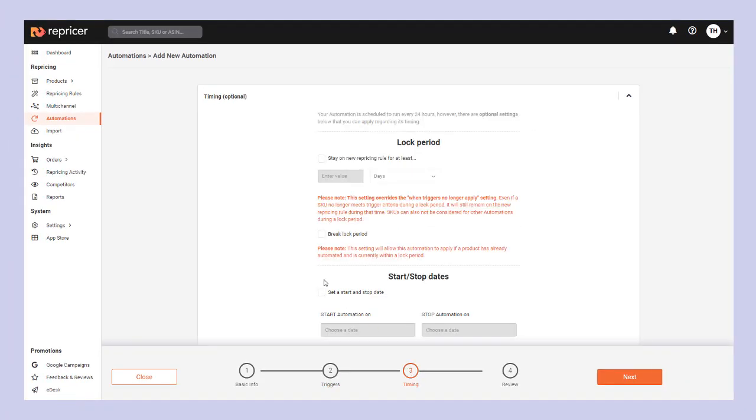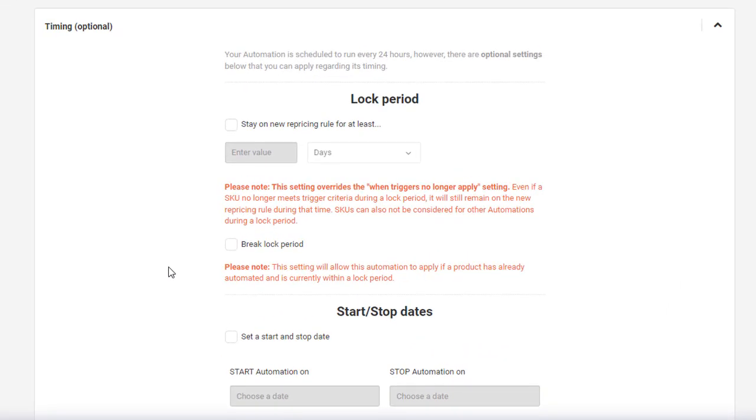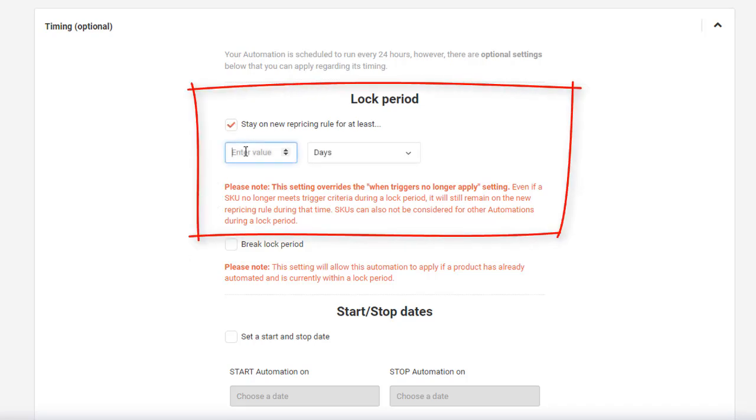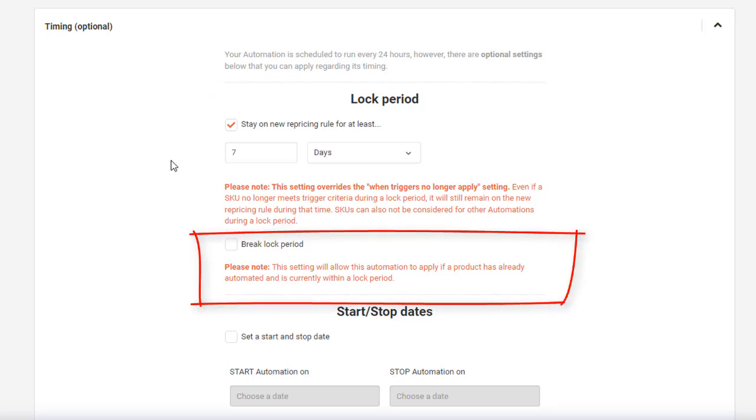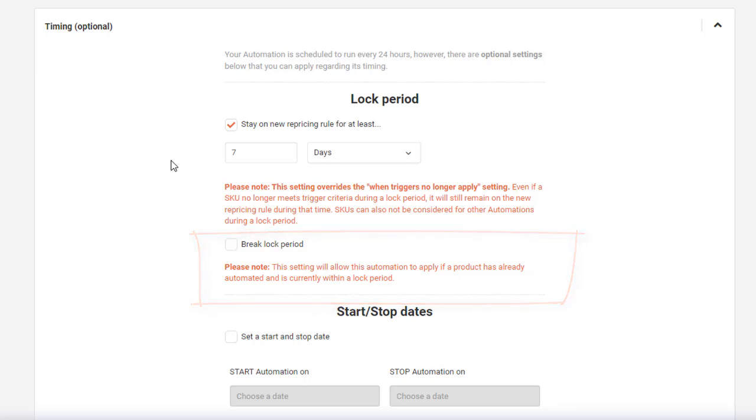Next, we're going to move on and have a look at our Timings tab. Our Timings tab gives us a bit more control over when and where our automations are going to trigger. The first option is Lock Period. This basically allows you to lock your products so they cannot automate again for a while. As an example, you can set it to lock your product for 7 days if this automation is triggered. That does mean if another automation were to trigger, it wouldn't apply. You can also use Break Lock Period to say that this automation should ignore any products that have already got